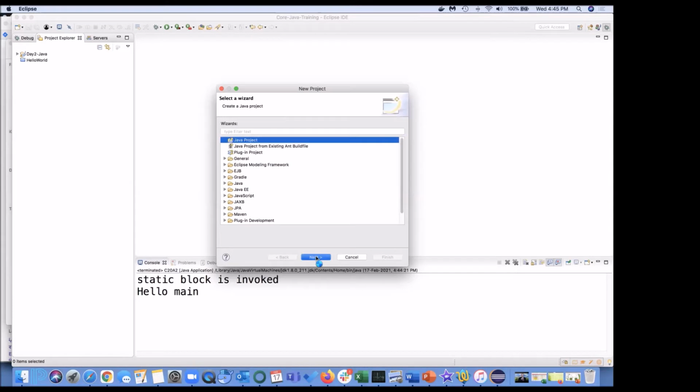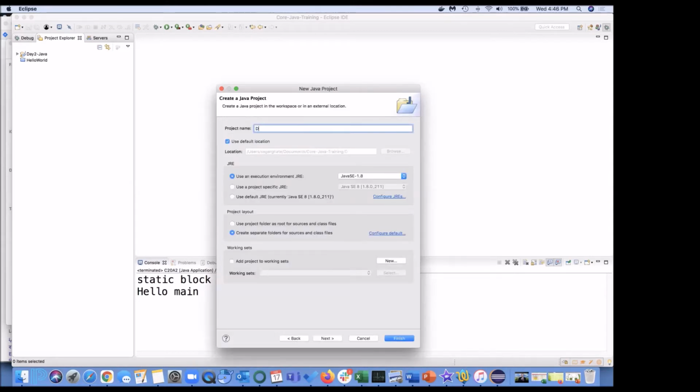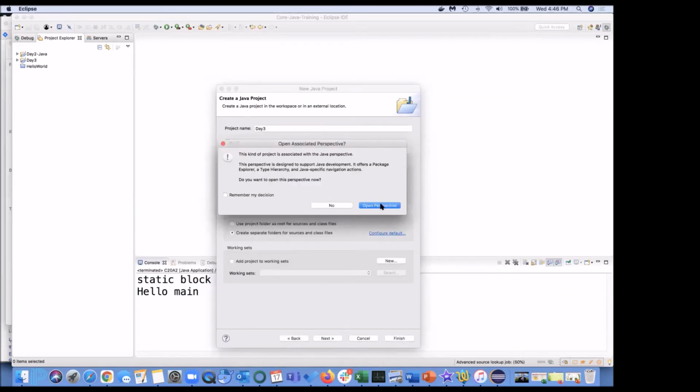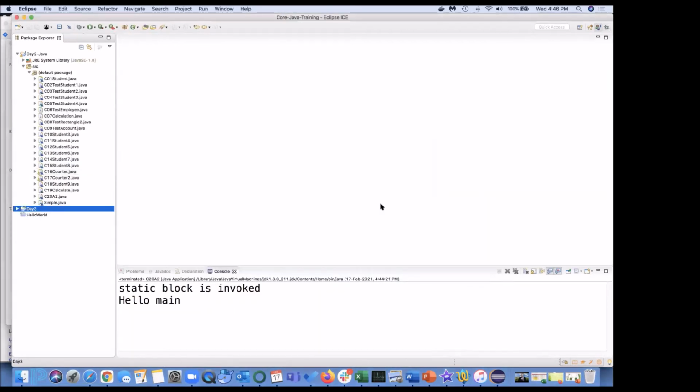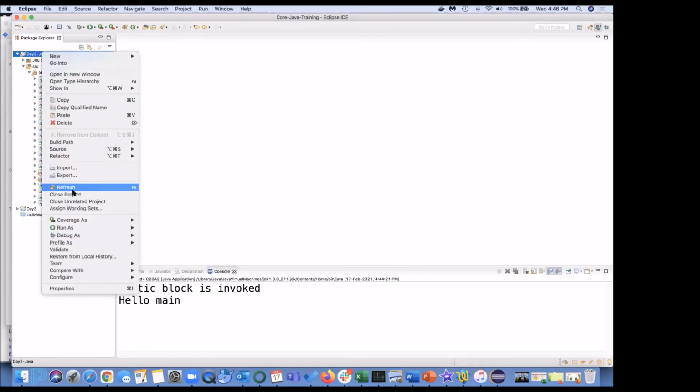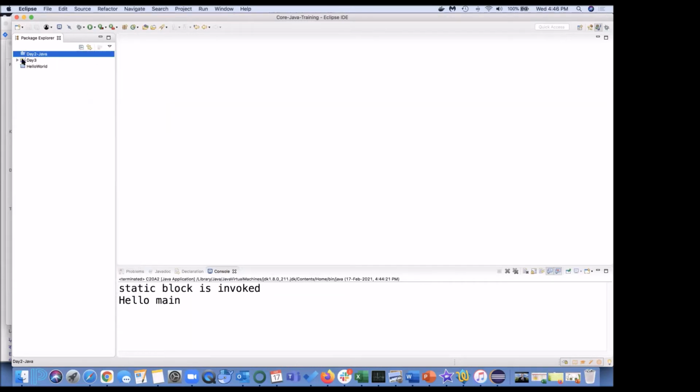Likewise, you can always create a different project, day 3, and Java 1.8 it is using, and I'm saying finish. Okay, open perspective. I don't want to deal with day 2, so I am going to close this project. So now only day 3 is there, and by default the SRC folder is there.